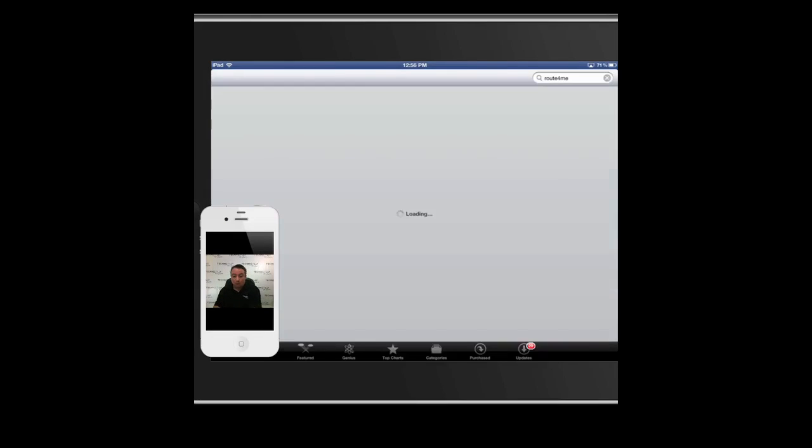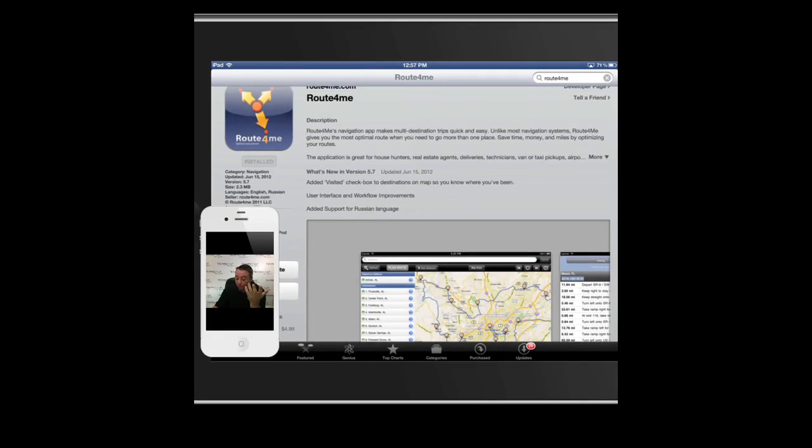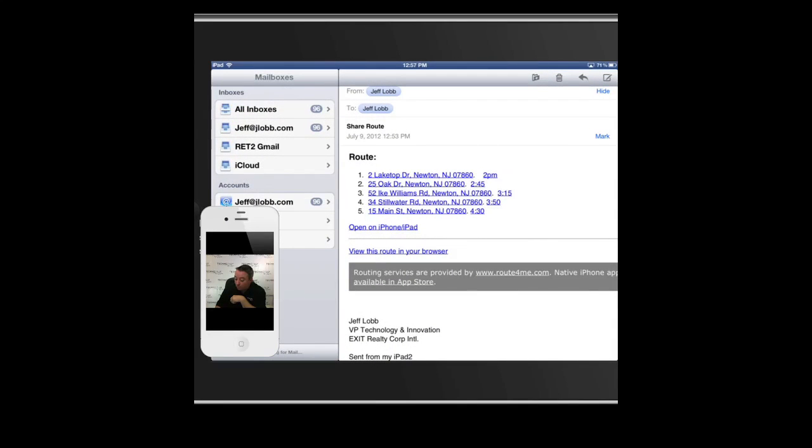I know where it's sending me. It may want me to download the app so that I have the free app. You could download it for free. It'll put it on the interface for your customer. If you're on a computer, it'll open up an interface for you there. So the app is free, so it would not cost you or your customer anything. Or if they have an iDevice, you just go back around,